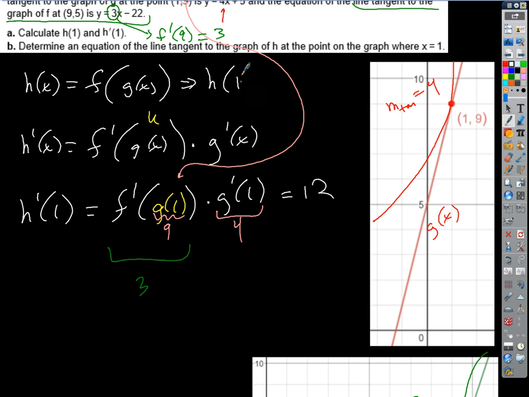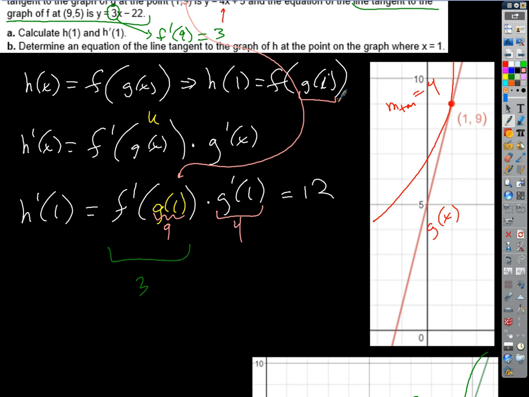h of 1 is just f of g of 1. What was g of 1? Well, that was 9, right? We already knew that. I have 9 on here. Okay. So when f prime has the g of 1 inside of it,